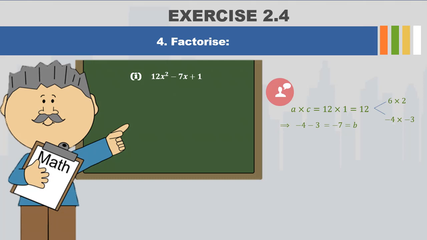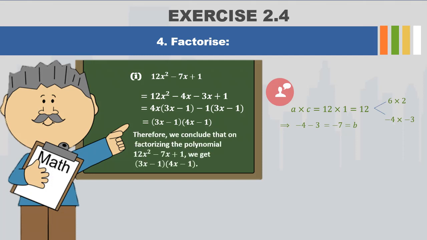फैक्टराइज करते हैं तो 12x square minus 4x minus 3x plus 1, taking common 4x in starting two steps, then we get in the bracket 3x minus 1. Similarly, in the last two steps, we taking common minus 1, then the bracket term will be 3x minus 1. Again we'll take common 3x minus 1 in both. When we taking common out, so 3x minus 1 bracket 4x minus 1.